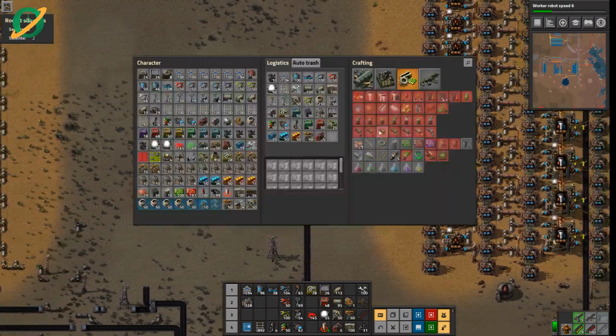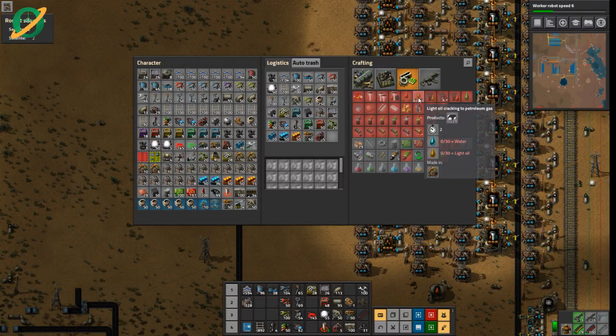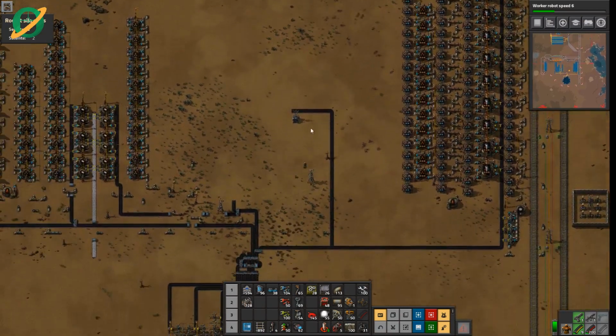Now, our light oil cracking uses 15 light oil a second. So with a 4.55 crafting speed, that is 15 by 4.55 is 68.25. So let's get our 1053 plus 288 light oil a second, 1341, divided by 68.25. 1341 divided by 68.25 equals about 20. So we now can support 20